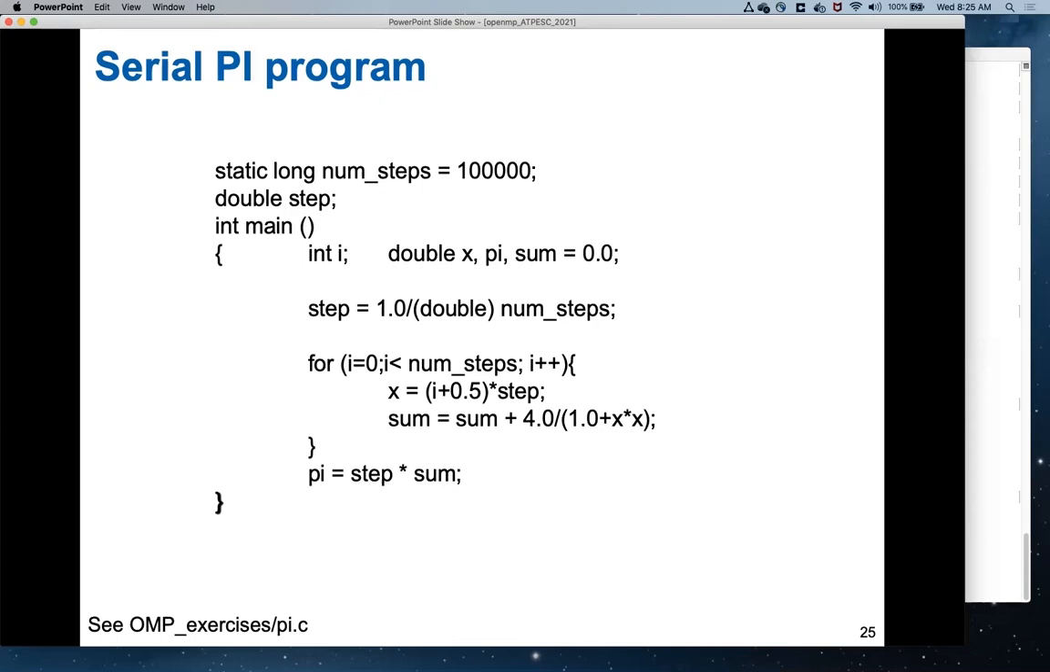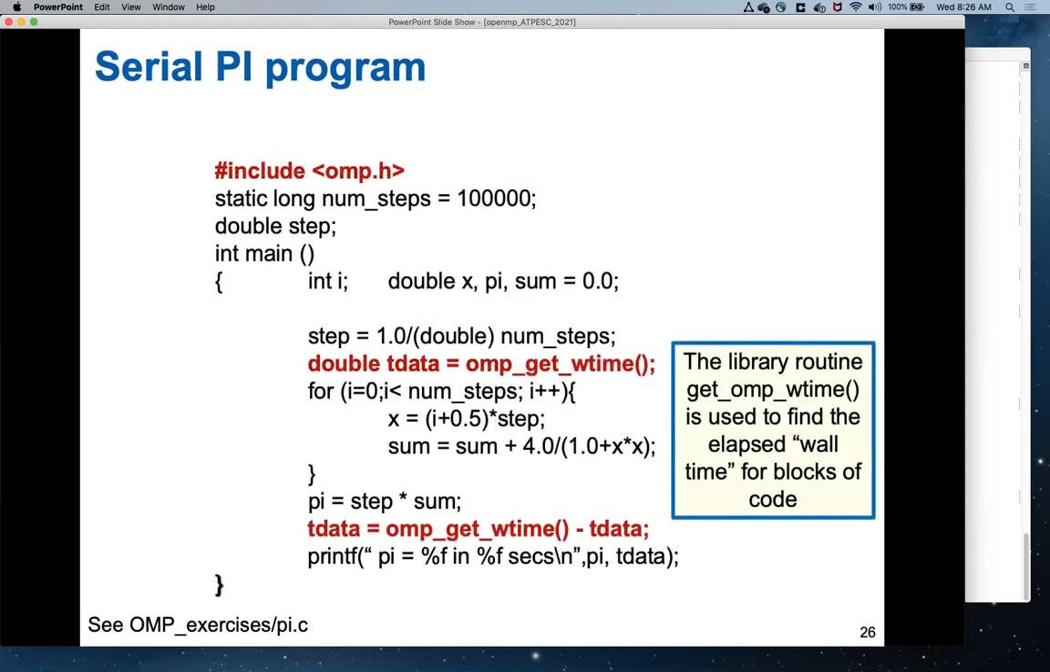Here is the serial pi program. And in the exercise directory, OMP exercises, I give you this code, pi.c. So you don't have to write this code yourself. I give it to you. All right. And so here's the next exercise. Oh, I'm sorry, before I get to the exercise,